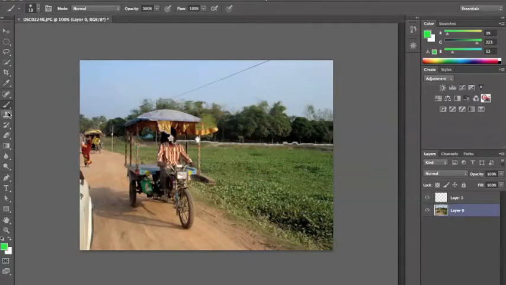The next tool is called the clone stamp tool. What the clone stamp tool does is, you need to press Alt and select an area you want to clone. Like you want this kind of texture. You can see a small cloud right here in the blue area, and you want the same cloud to appear here. This is just an example, so it will not be that clean. But you press Alt and click on this area. When you click with Alt, this area will be selected. Now I want this cloud to come here. So leave the Alt and just